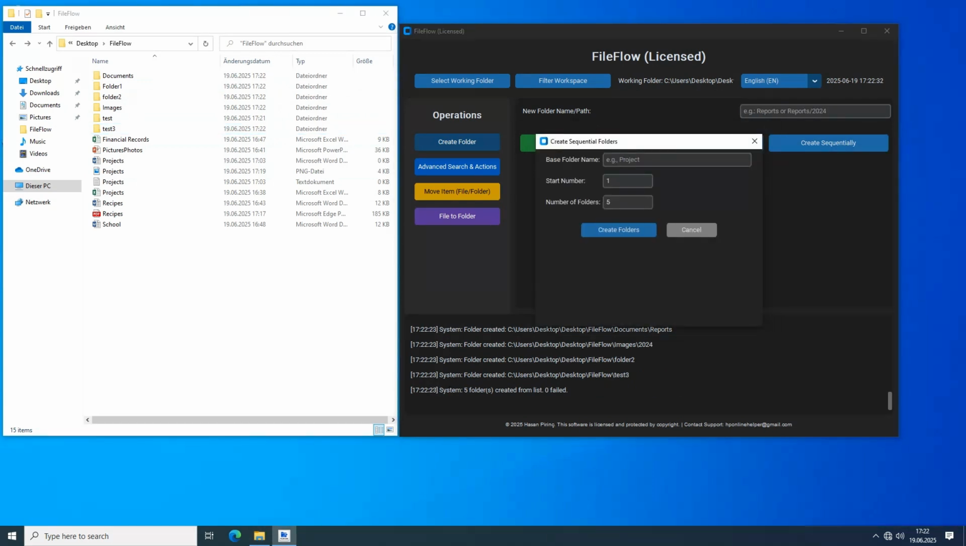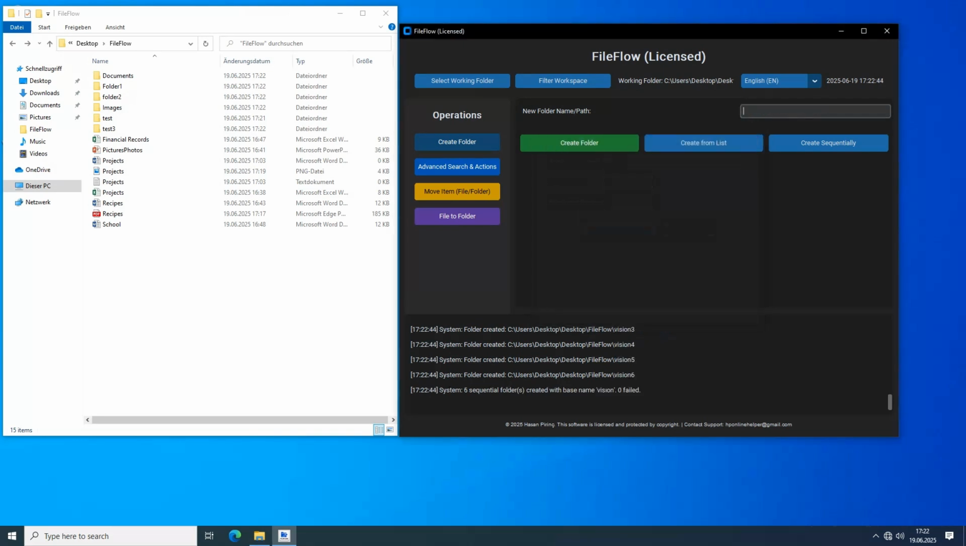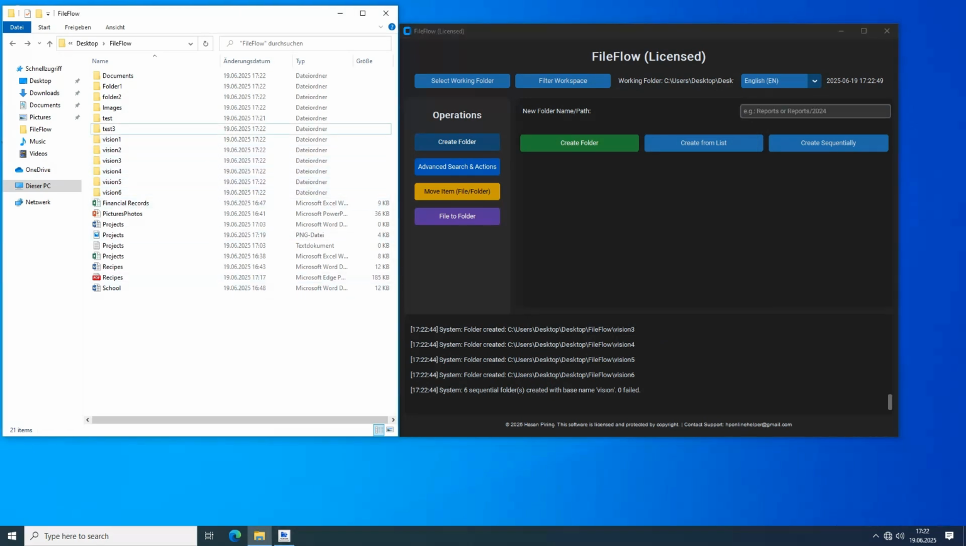We also have a section called create sequentially. Here we create files in sequence after writing the base folder name as a sequence. It gives file names from 1 to 6 in order. After that,